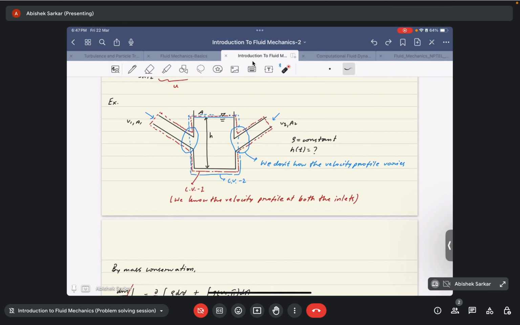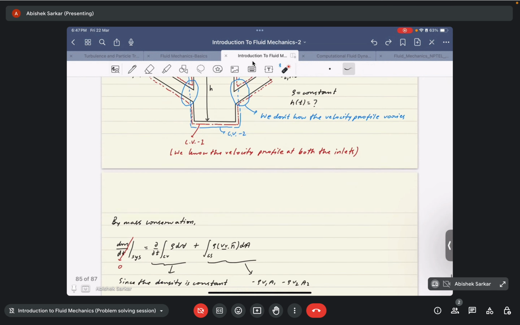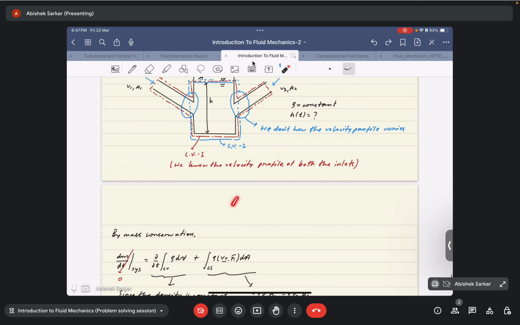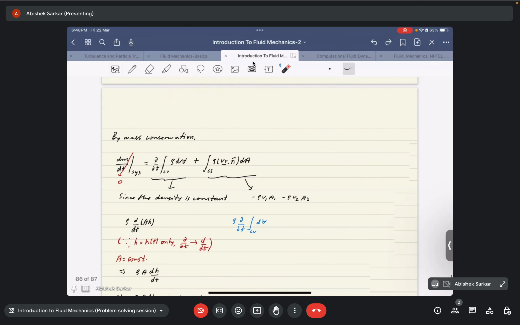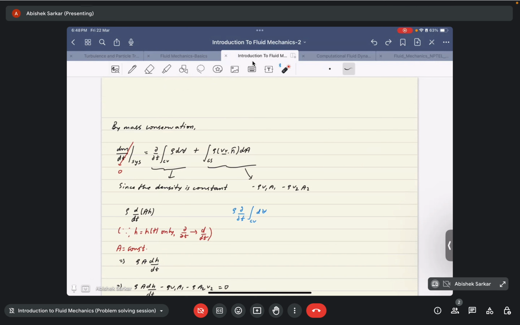So if we just disregard the volume of fluid within these arms, say we take an assumption that the volume of the fluid within the arm is much less compared to the volume of fluid within this section, then we can write the net volume of the fluid is equal to A into H. Okay, this A is the area of the container, they have not mentioned if it is cylindrical, and H is the instantaneous height of the fluid within the container. So we can write this as